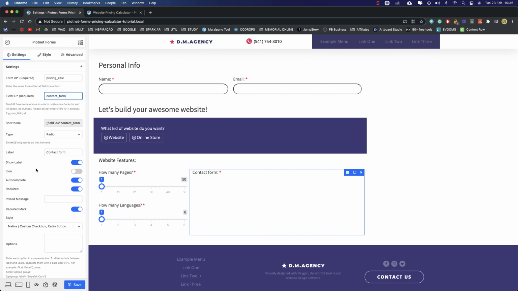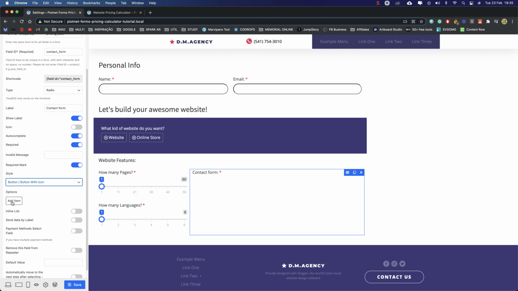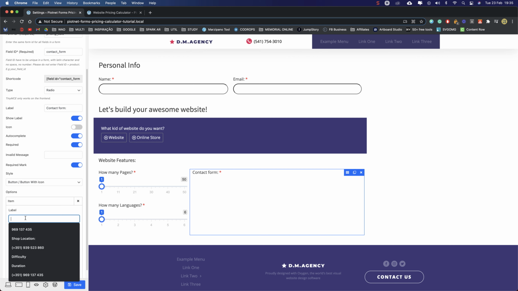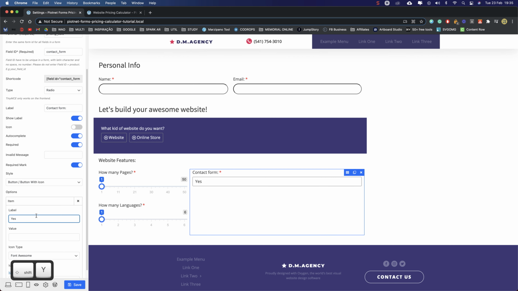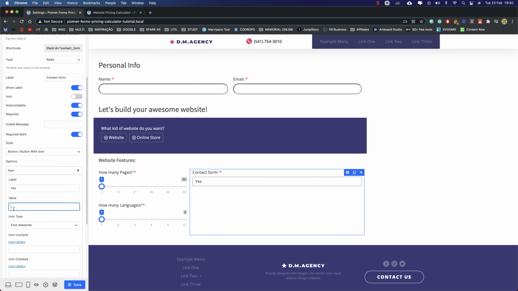It's a radio, and in the style, let's choose button as well. In this button, we'll have two options. One is yes, and yes will return a value, and this value is the price for the contact form. So maybe let's put 100 euros to build a contact form. Not too shabby.